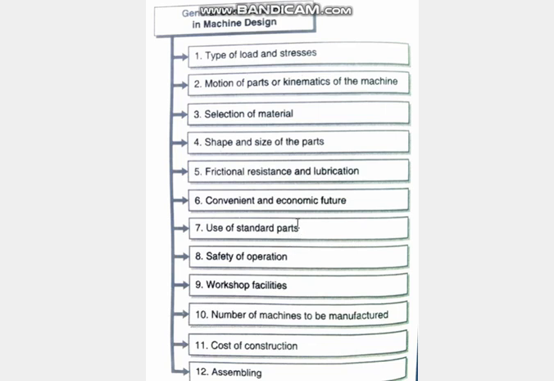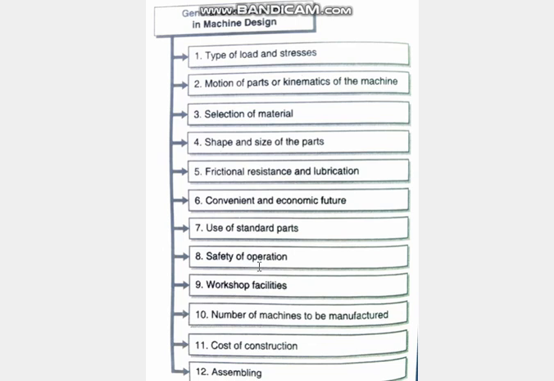So if standard parts are available, you should use them as liberally as you can. Unless it is absolutely necessary, you should not make anything from scratch. Because if you make something to some other dimension which is not a standard part, and that breaks, you cannot go and buy it in the market. You have to go to a fabricator and ask him to produce exactly that thing, which will be very costly and time consuming.